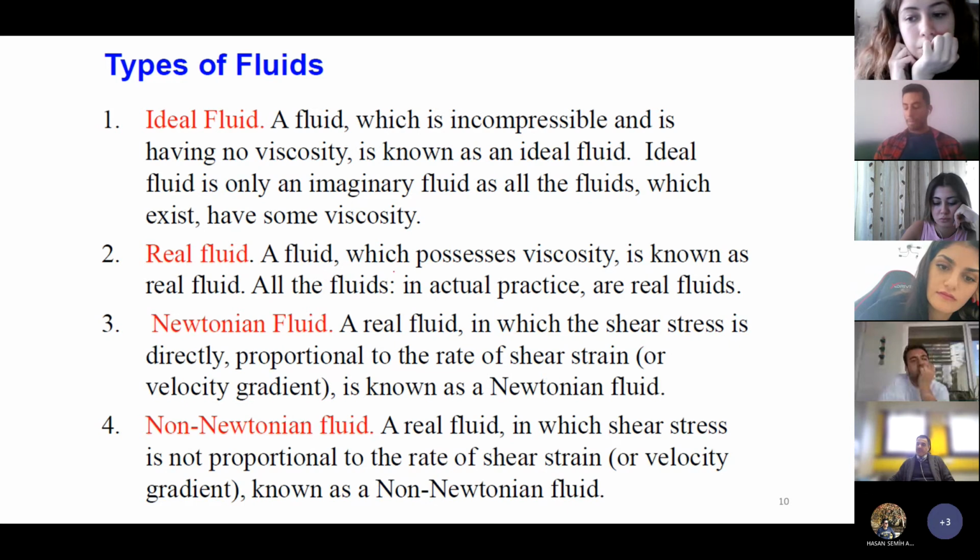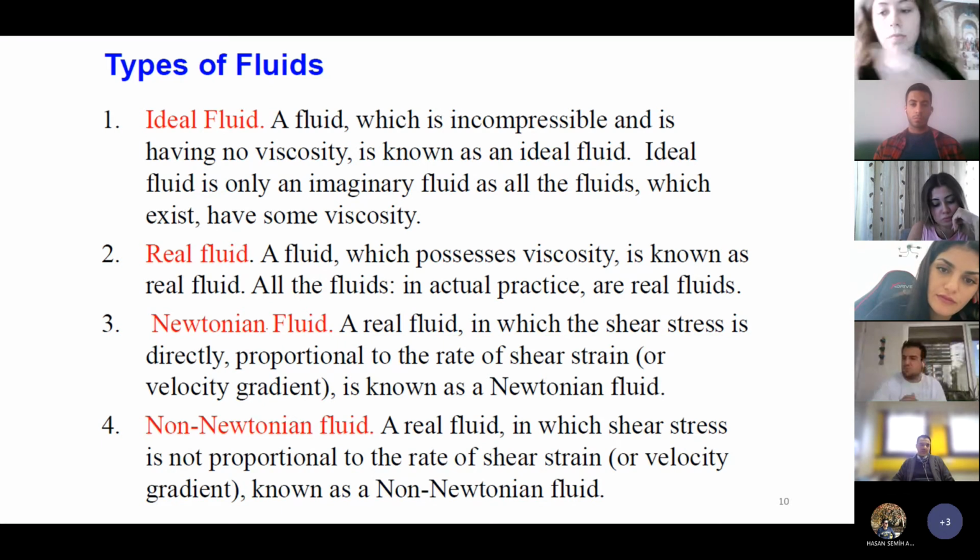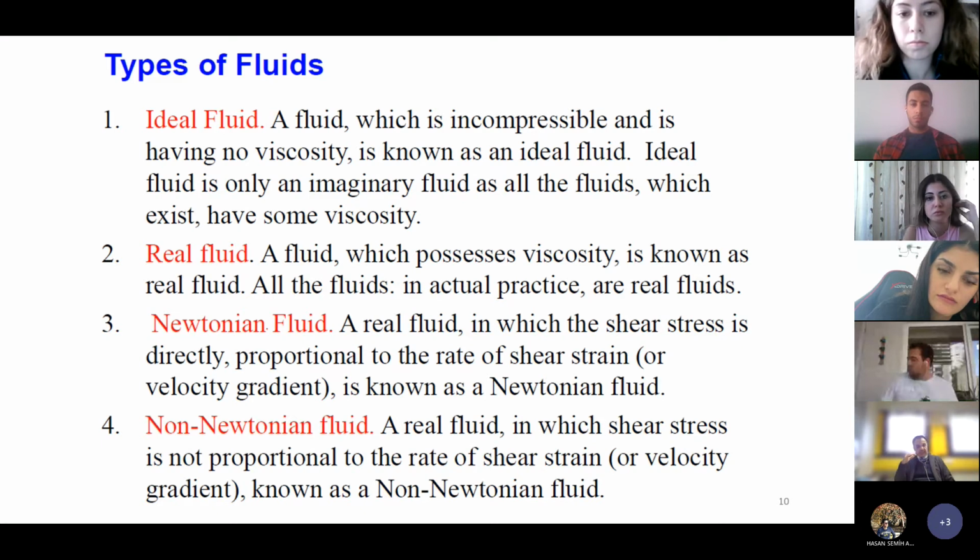Real fluid: a fluid which possesses viscosity is known as a real fluid. All the fluids in nature or in practice are real fluids. If the fluid is assumed ideal, it is not a real fluid. And we divide real fluids into Newtonian fluid and non-Newtonian fluid. What is our scale for such a division? Our scale is Newton's